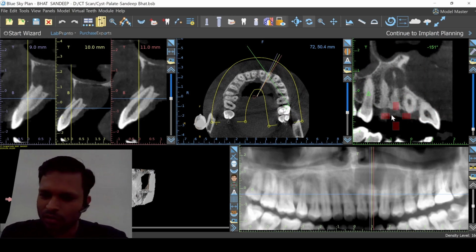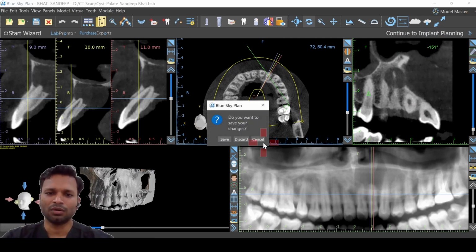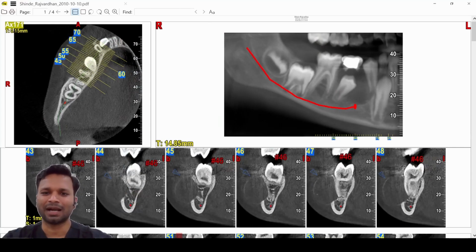Okay, so it's already 9:14. So this was the basics of CBCT. Now अभी जो मैंने आपको ये प्रिंट दिखाया था, we're going to talk about this in the next 10 minutes. Okay,